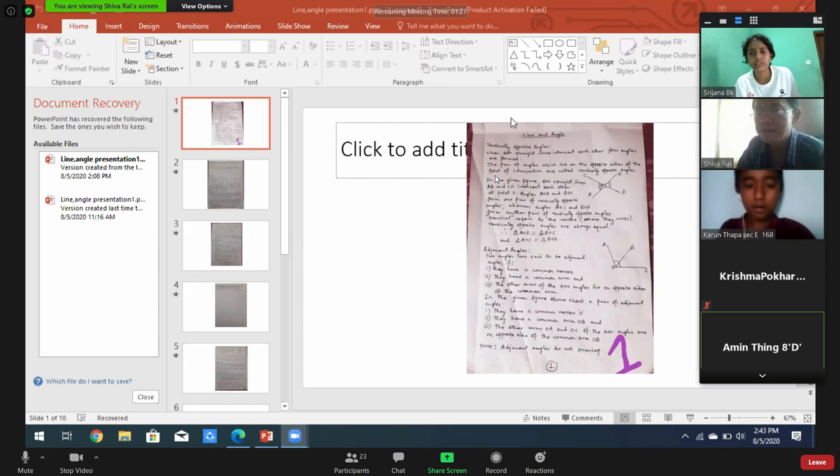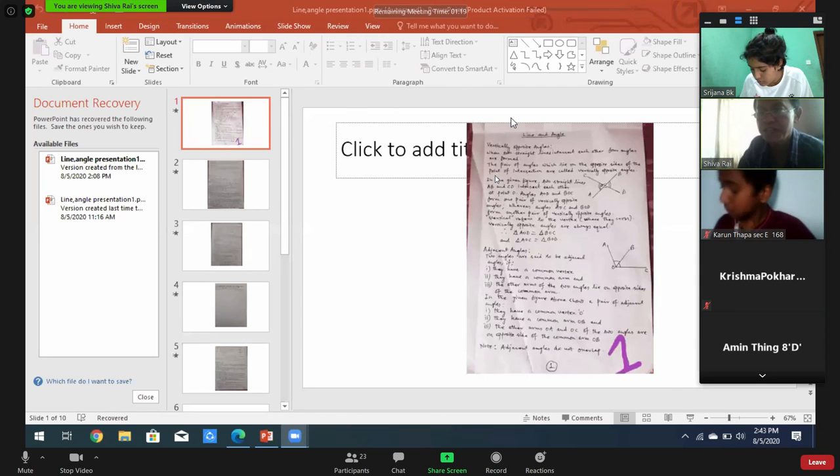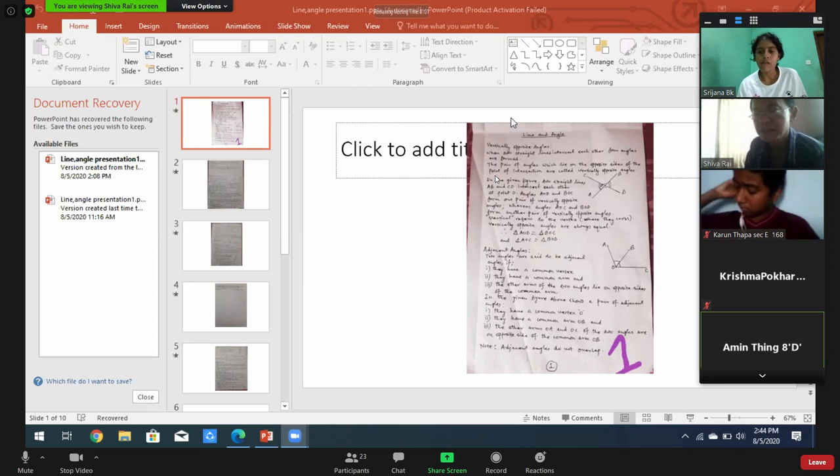Again, some of you are submitting your assignment all at a time. Maybe you are not doing it yourself. If you are not practicing yourself, you cannot do it in the exam. Just you are cheating if you do like this. If you don't know how to solve a problem, you are cheating the teacher, and you cannot solve the exam. So do try yourself. It is not necessary that all of the problems should be correct.